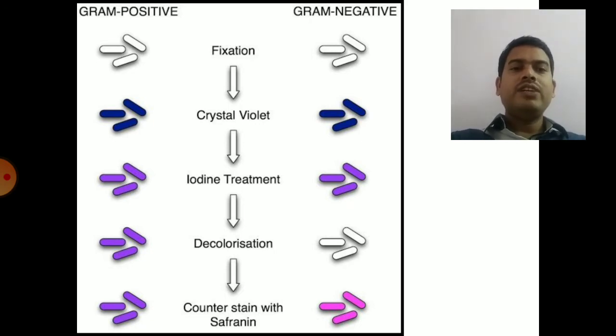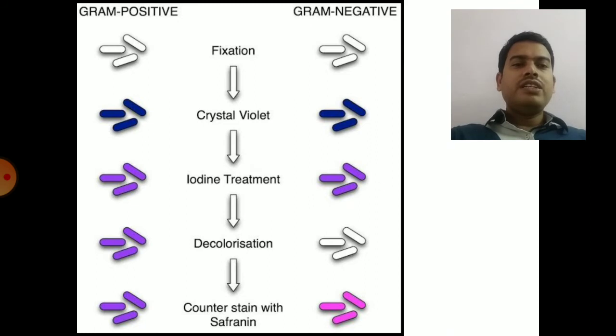That is with the help of gram staining, which was introduced by Christian Gram, where you use different stains for the identification or differentiation between gram positive and gram negative bacteria. In this process, first you subject the bacterial species to fixation, either chemical fixation or heat fixation. So you take a slide, place a drop of sample on the slide, and you use chemicals like glutaraldehyde for chemical fixation, or sometimes you use light heat or temperature for heat fixation.